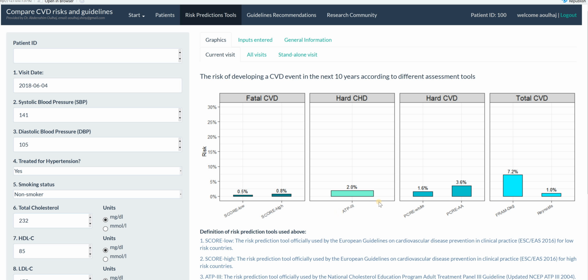Let me talk to you a little bit about the risk tools used here in this application. The risk tools used include SCORE for both low and high risk countries. SCORE is the risk tool officially used by the European Society of Cardiology. We have another one, which is the pooled cohort risk equation for white and African American ethnicity. The pooled cohort risk equation is the risk tool officially used by the American College of Cardiology and the American